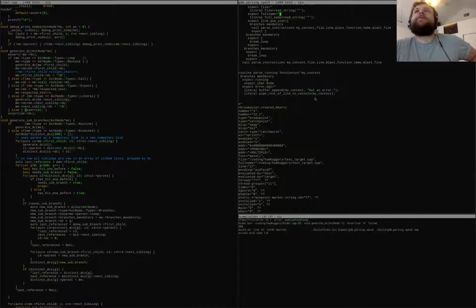So it's still on 77. Okay, so the parser generator is having trouble with the fact that the first thing in the function is a branch. So